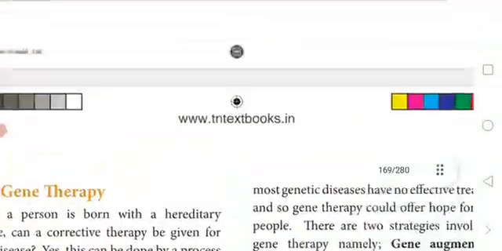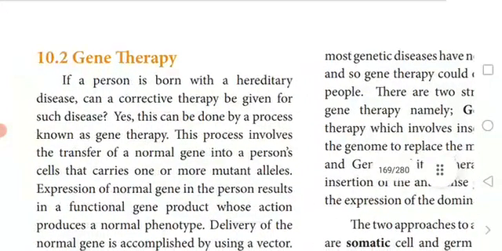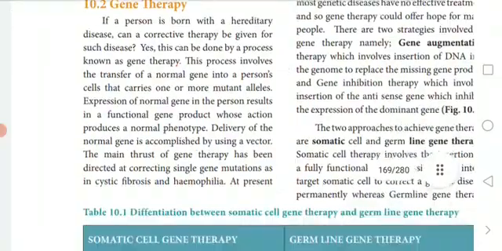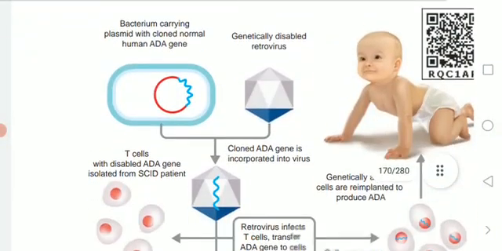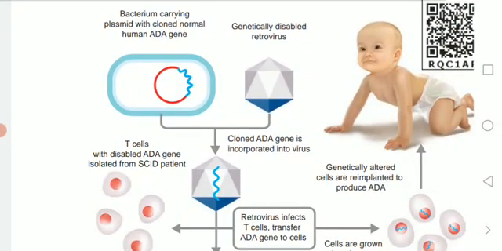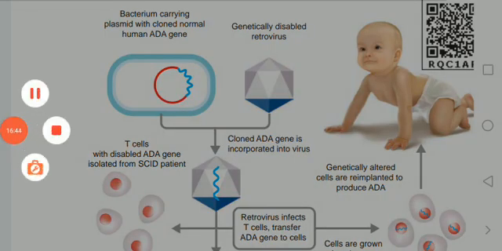So this topic is very, very important. They'll ask from the 3 mark and 2 mark point of view. Just go through. Today we are seeing different types of stem cells, and what stem cell therapy is. We are also seeing small information about French Anderson, and the difference between stem cell therapy and gene therapy, germline therapy, and also gene therapy. So these are the topics we are seeing today.